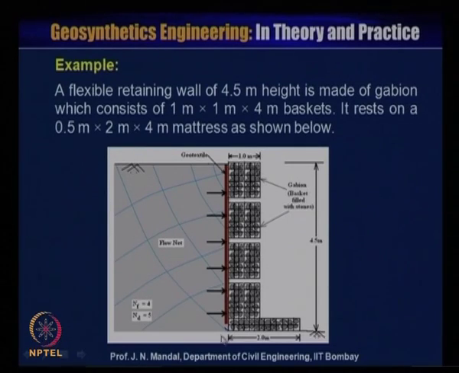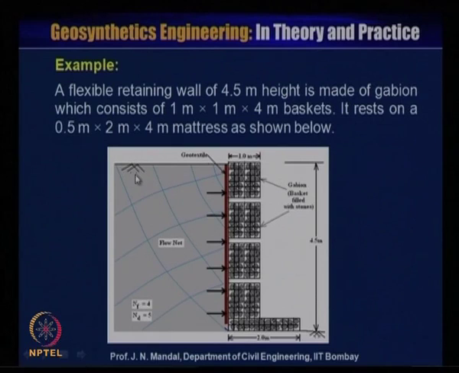It rests on a 0.5 meter by 2 meter by 4 meter mattress as shown here, and at the back of the gabion retaining wall, a layer of geotextile is placed,